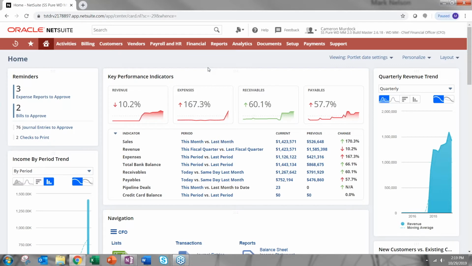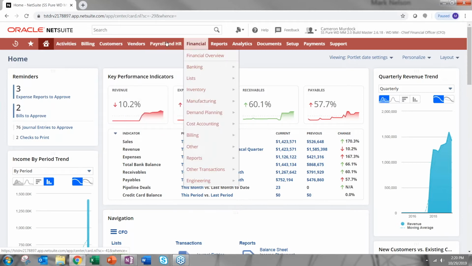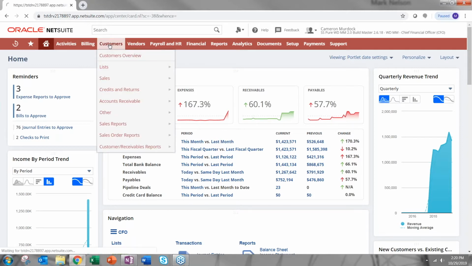All right, so a couple other things. We talked about the portlets here and the dashboard. So this is your home dashboard. Now, every one of these menu options up here has its own dashboard. So we talked about more of a 360 view of a customer. And so let's take a look at our customers dashboard. So if I click on customers here,